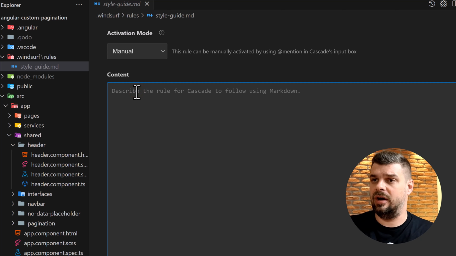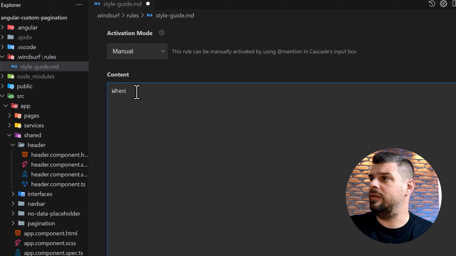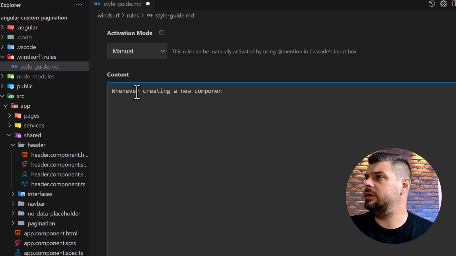So we can say, whenever creating a new component, a new page, let's say, use a header component from the shared folder and import it,